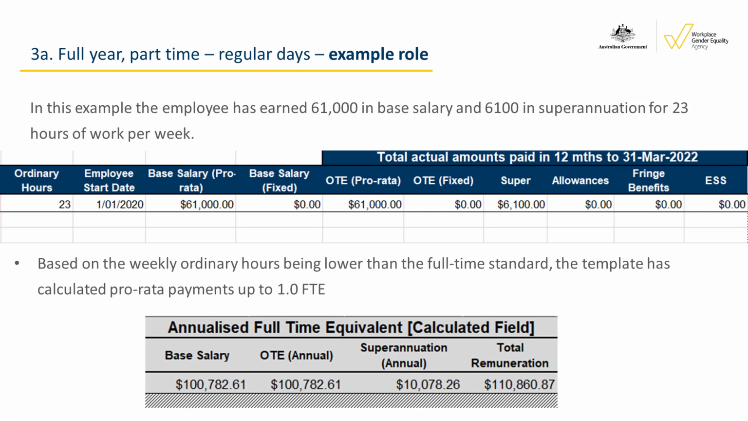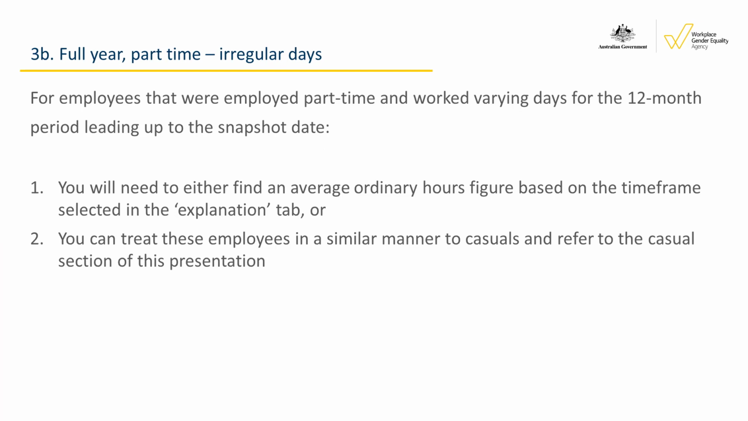The full-time annualized earnings was calculated to $100,782 for base salary and $110,860 for total remuneration. For employees that were employed part-time and worked varying days for the 12-month period leading up